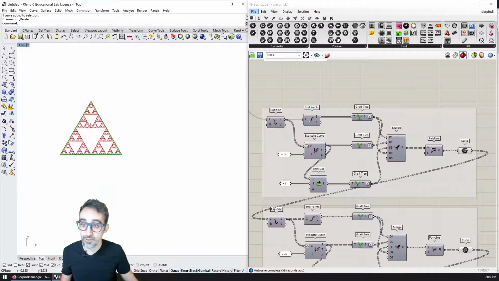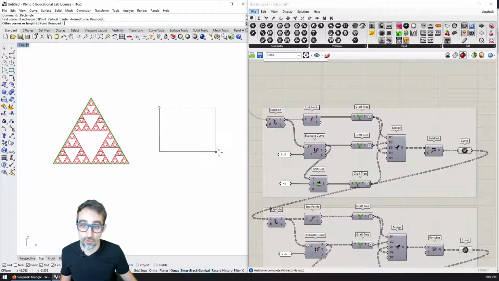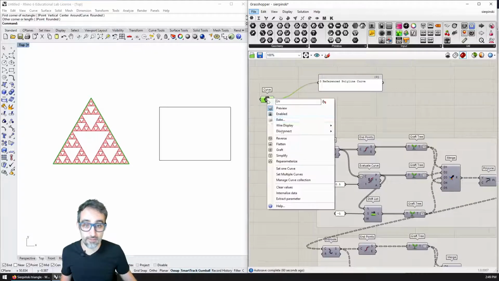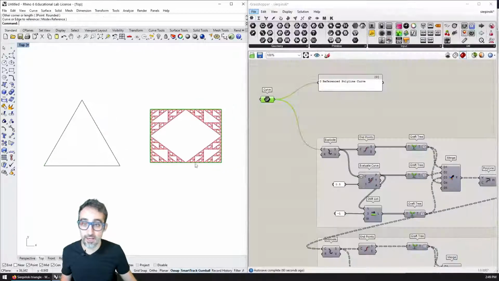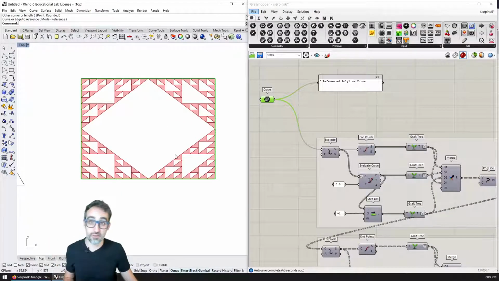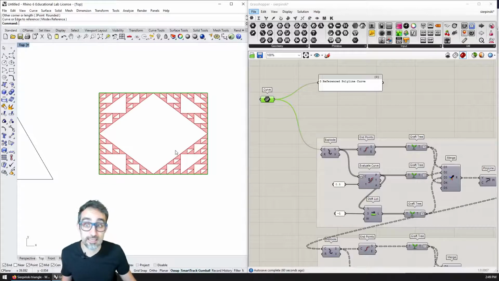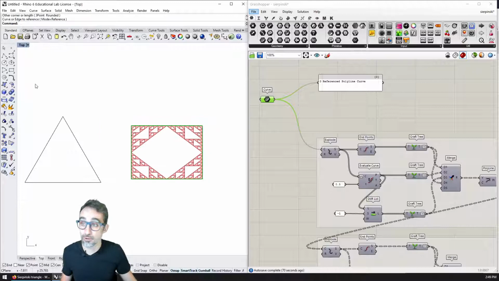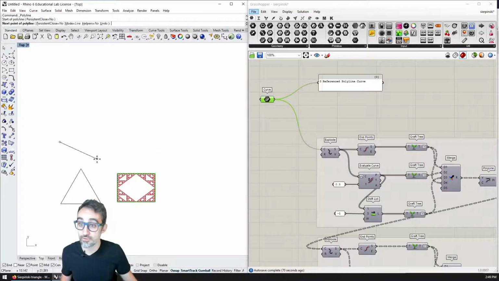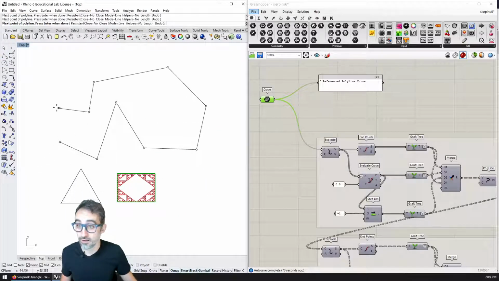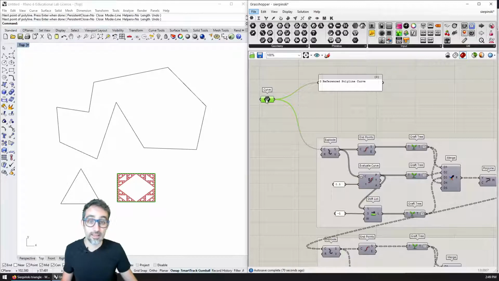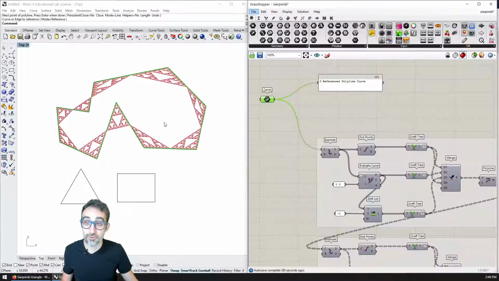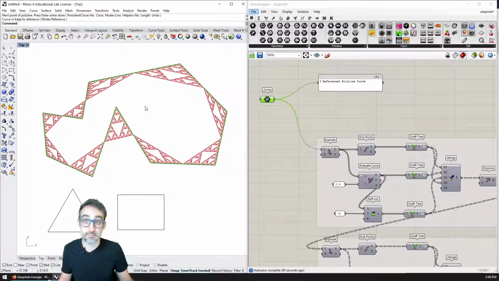If I were to draw a rectangle and feed that in as a curve, you can see that the division algorithm works exactly the same. It creates triangles for each one of the angles of the polyline. If I create a free form polyline and use that, it would also work perfectly. I would have this Sierpinski subdivision of this polyline.